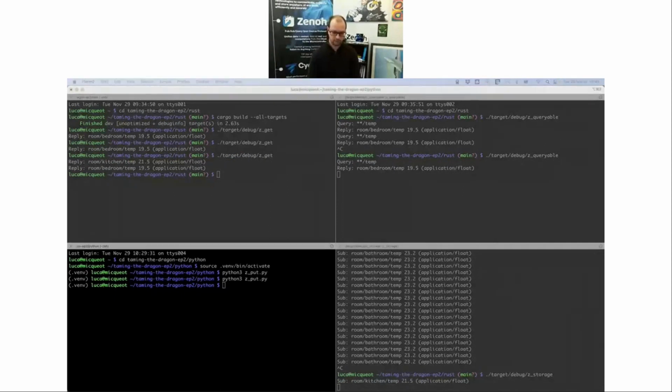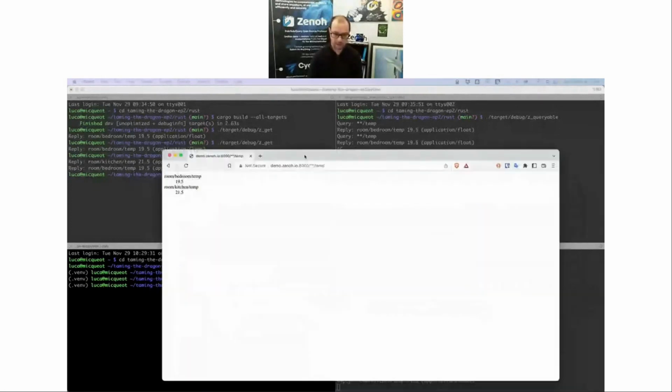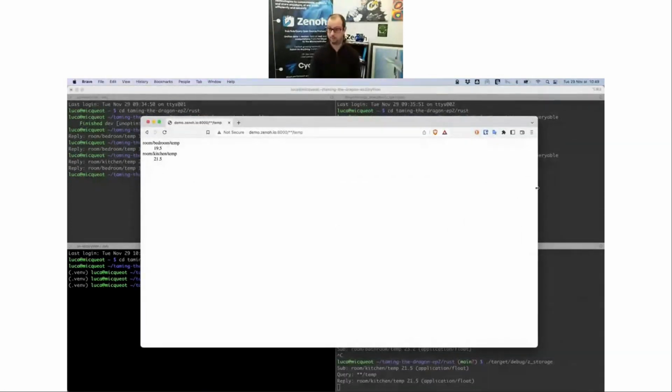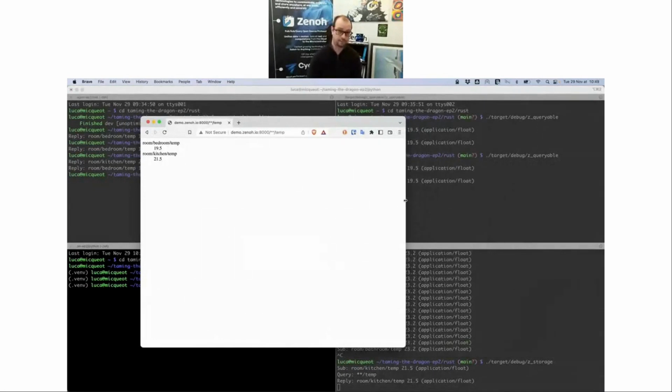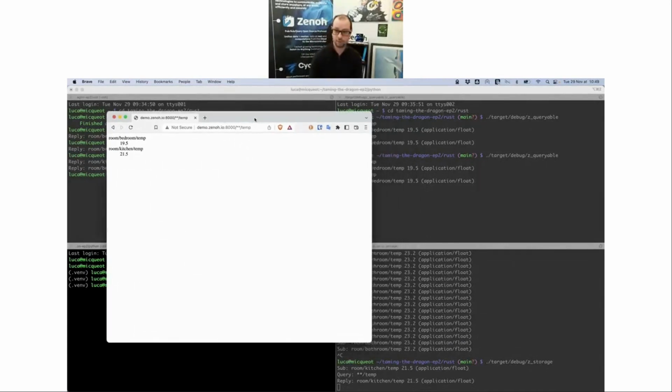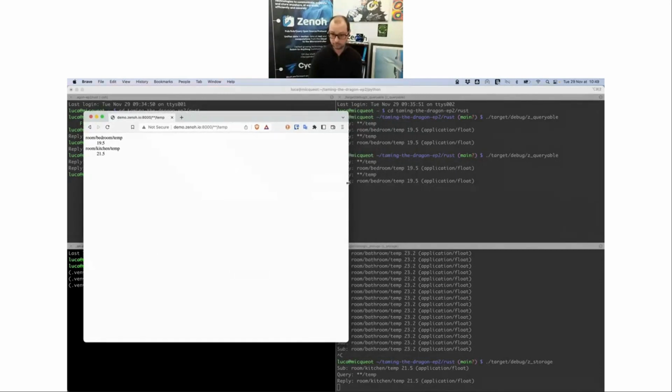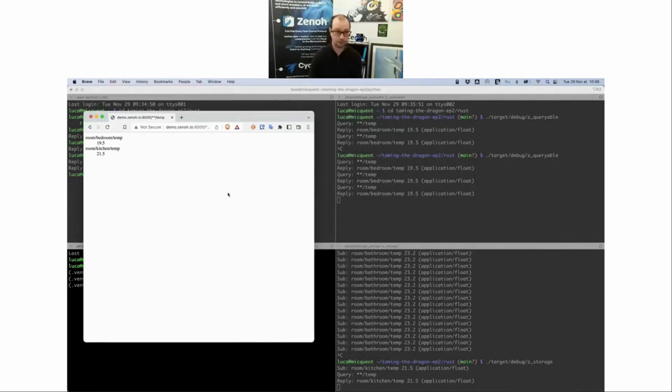What if now, and all of you can do it right now, you can open your browser, go to demo.zenoh.io with the port 8000, and you can do a get with that. It's like an HTTP get that is translated by the Zenoh router to Zenoh. You can see here we got a queryable and a storage that could answer questions, queries, via